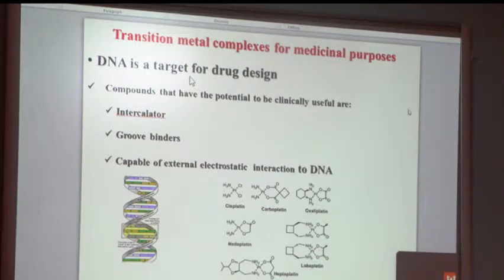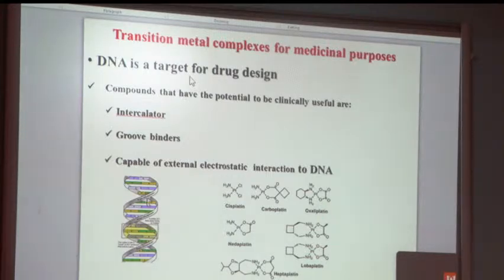One point is the shape of the molecule or the medicine or the complex that is prepared. Usually, it is preferred to have a flat structure like this, so that they can intercalate in the major or minor groove, or interact in some form